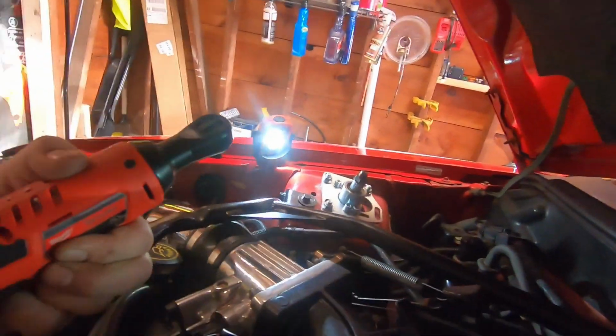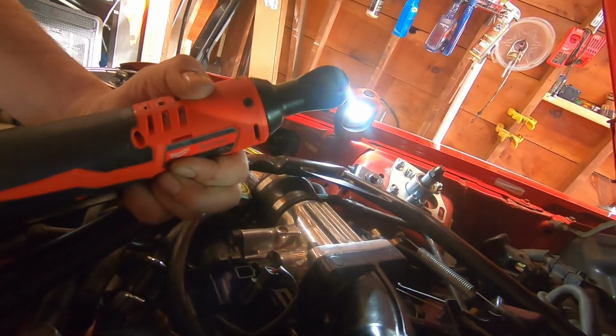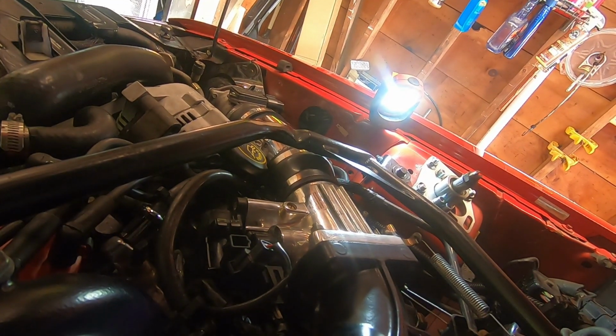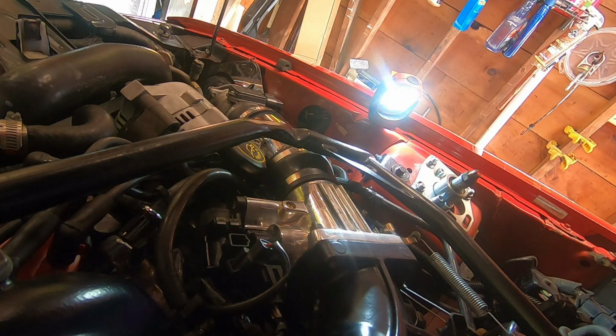Where can I put this? So there's one 8mm here on the top, and a second one that I cannot reach. All right, so